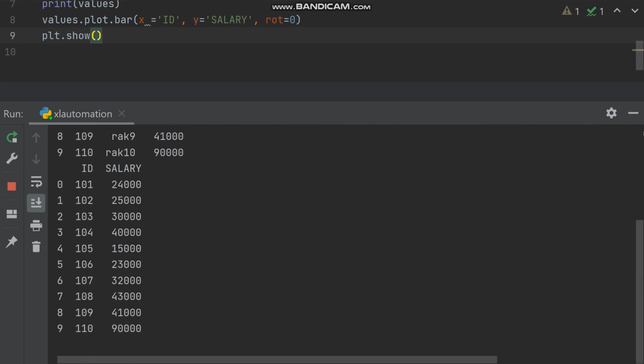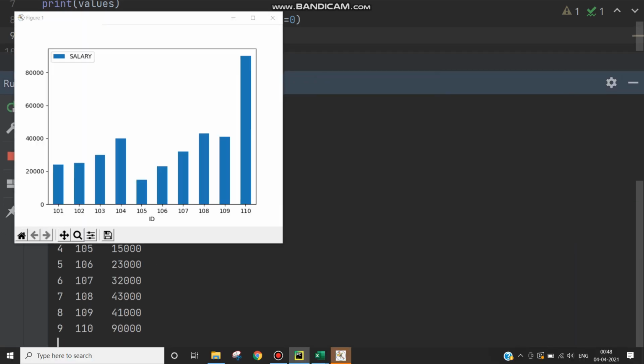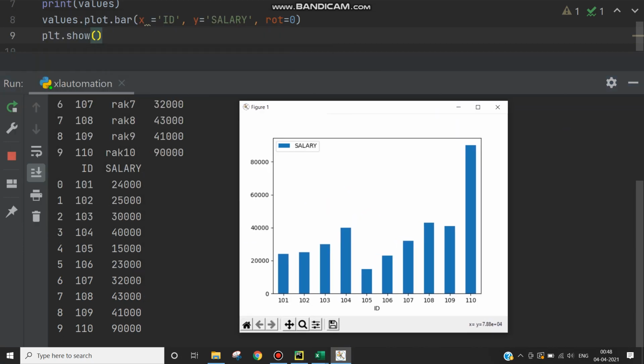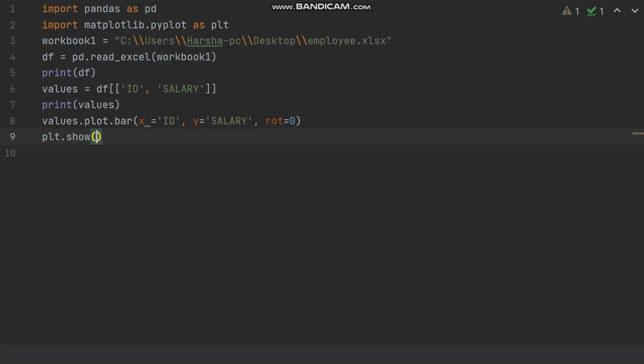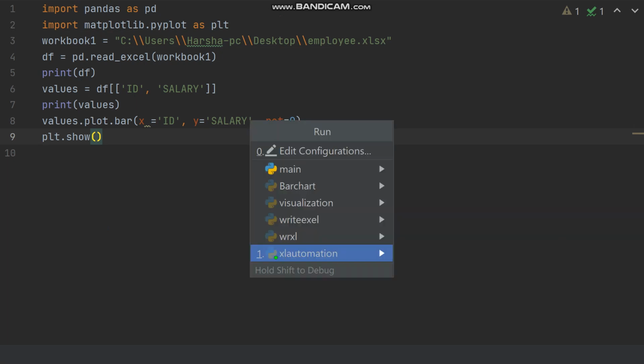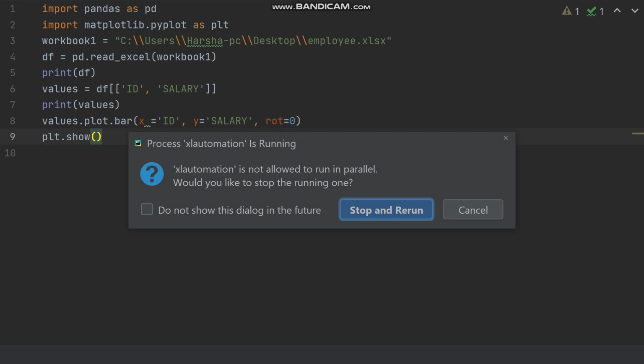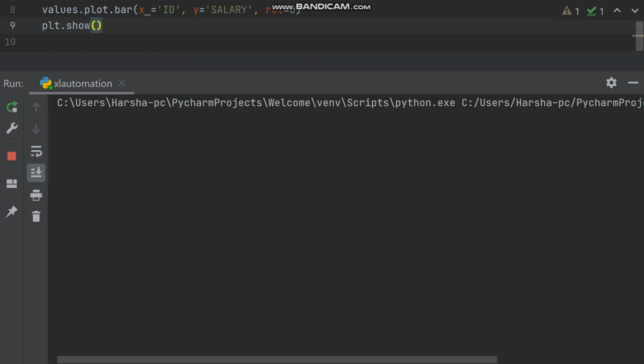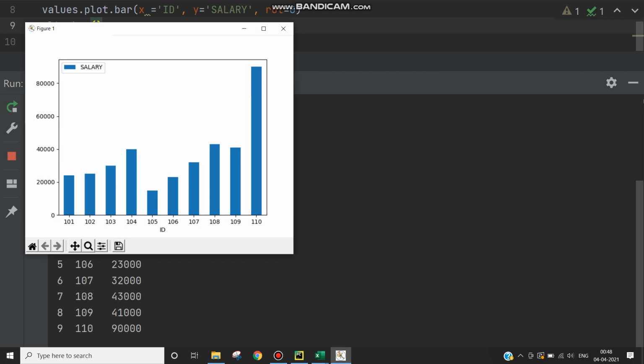So here you can see one interesting graph for this program. Because we have taken id and salary, then Alt Shift F10, enter, stop and run. So here you can see the graph.